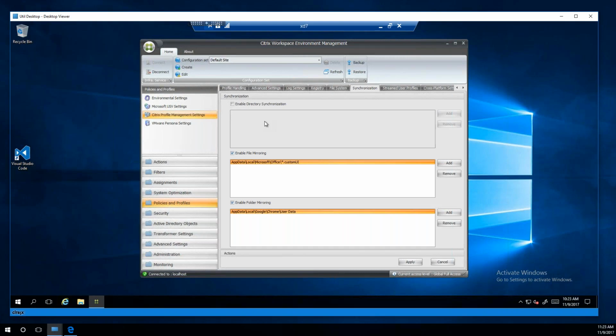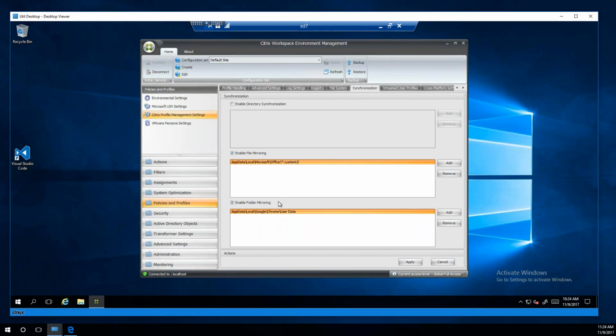So if you have an application, there was one customer in the past who had an application that would write temp stuff down into the AppData Local folder. If they disconnected and launched the application on a different server, that stuff wouldn't be there for them, and that actually would break the application. So we had to do a directory synchronization to make sure it's constantly going back up into the UPM store, so it would come back down every time they log in.